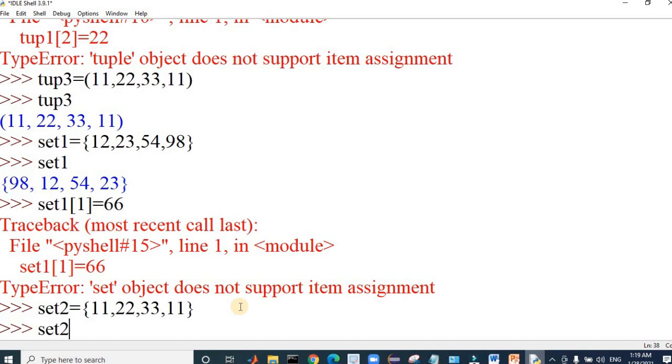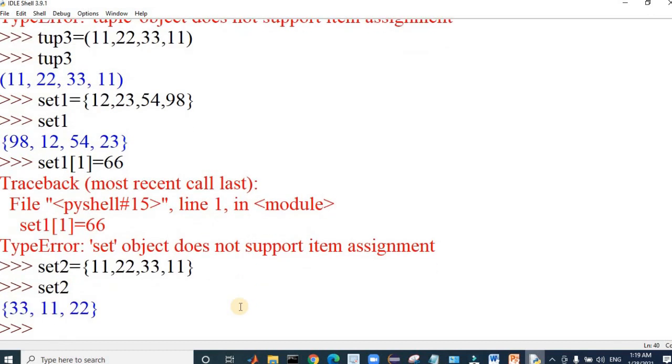Now if you try to print the values just entered, you see that the duplicate values are not entered. It is printing only 11 a single time. So this is how we can perform different operations using set.